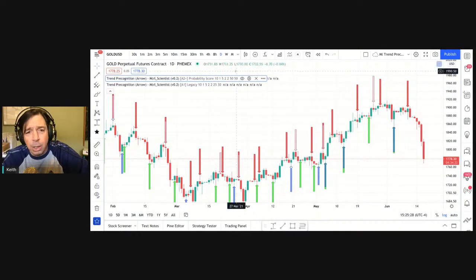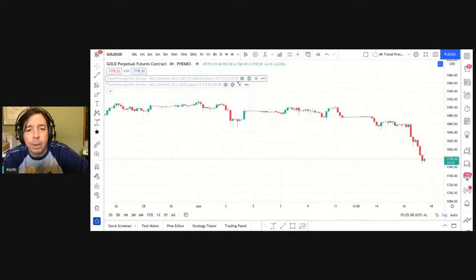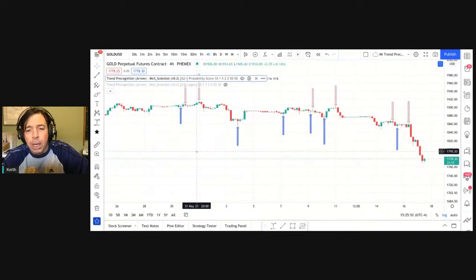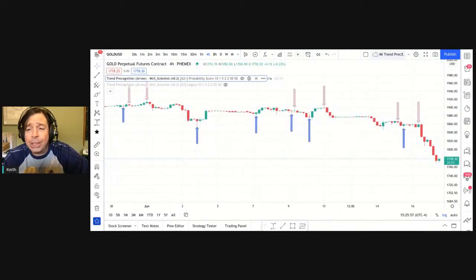Okay, and so you can have them both on. You'll see where they're overlapping when they're both giving the same signal on the same candle. But it's easier to just turn one on and one off and view them that way. Oop, okay, so I turned the wrong one off. And you can view them that way. So in a nutshell, that's the overview on how to use this tool.